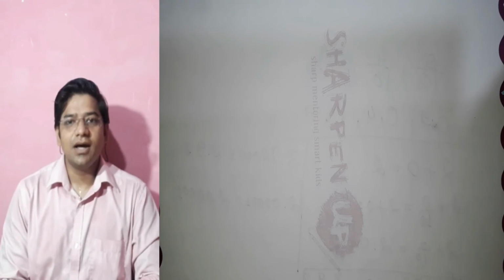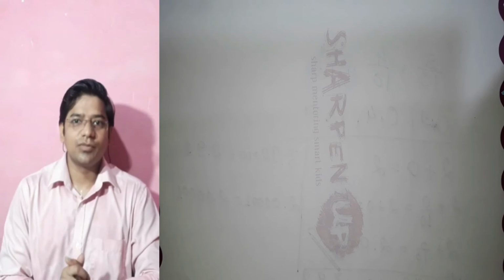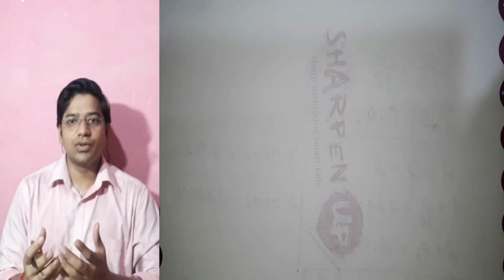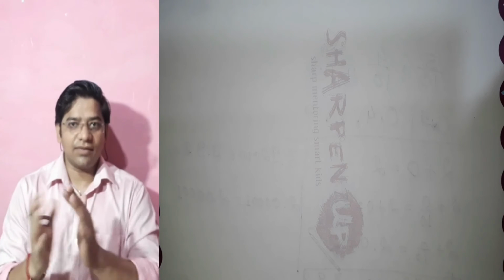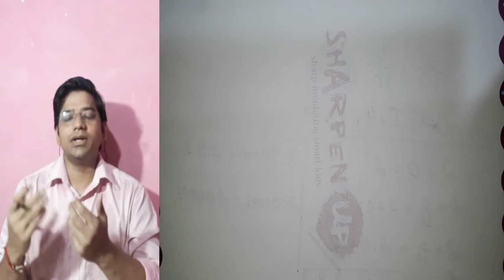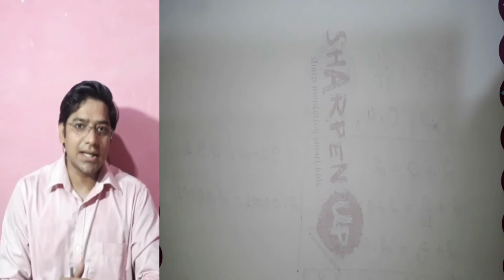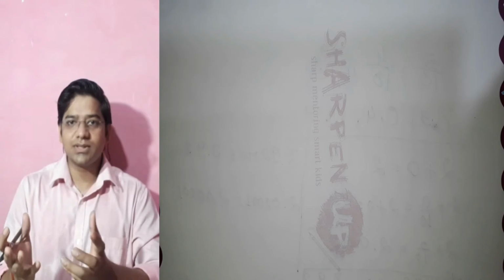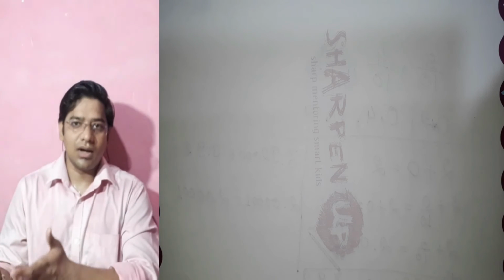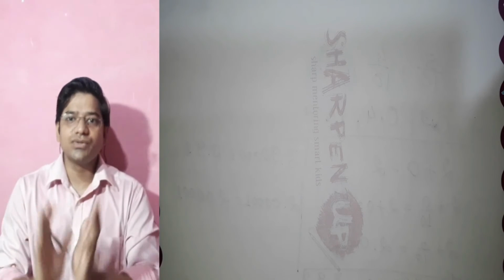Let's understand how to convert unlike decimal into like decimal. We know that to convert unlike fraction into like fraction, we have to do many things, like first we take the LCM, then we divide, then multiply. But in decimal it is very easy, because we know decimals have the denominator of 10, 100, 1000. So the conversion from unlike to like is very easy.